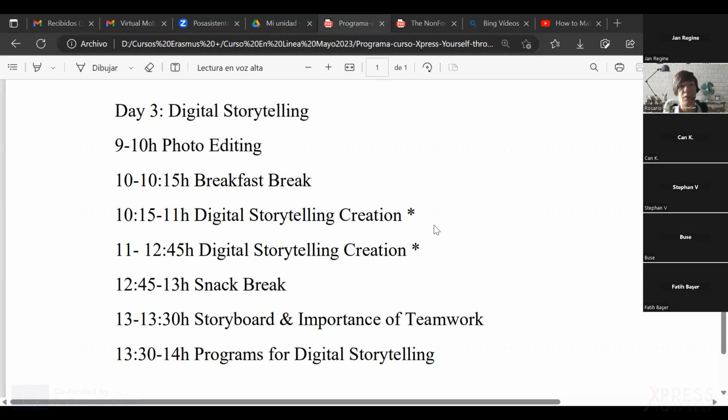Then after the break, we'll get some general knowledge about digital storytelling creation. We will see examples. And then after that, we will talk about storyboard, the importance of teamwork, and some programs for digital storytelling. This is the program for the theoretical part.